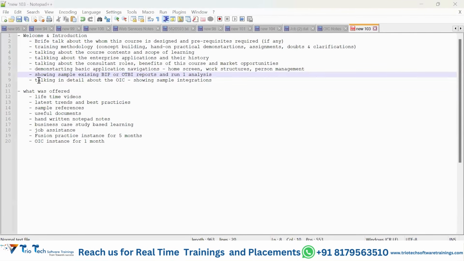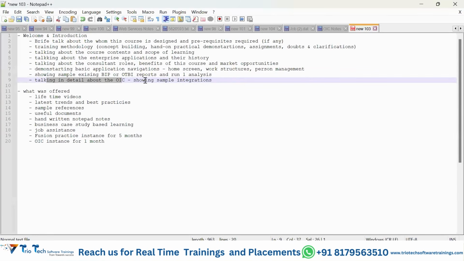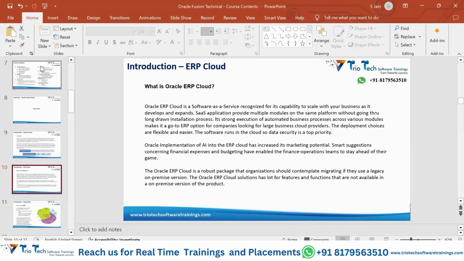We will discuss in detail about OIC, which is a buzzword. This is the latest technology in the market, with loads and loads of opportunities there. We will demonstrate these two things as part of these demo sessions. Clear, guys? Adding to this, coming back to the PPT, let's understand what this course